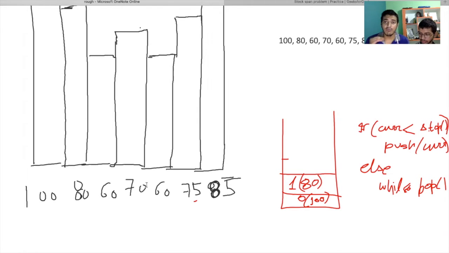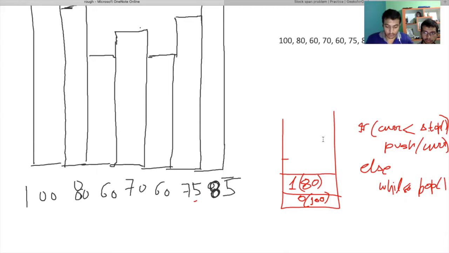And what we did, we incremented the count by 2, right? When we popped 60 and we popped 70, we incremented the count by 2. So yeah, and also one more element is left. So that's where we need the indexes, right? Why? Because now you can observe that the computation of 75 is over. Now we find that the top of the stack is greater than 75.